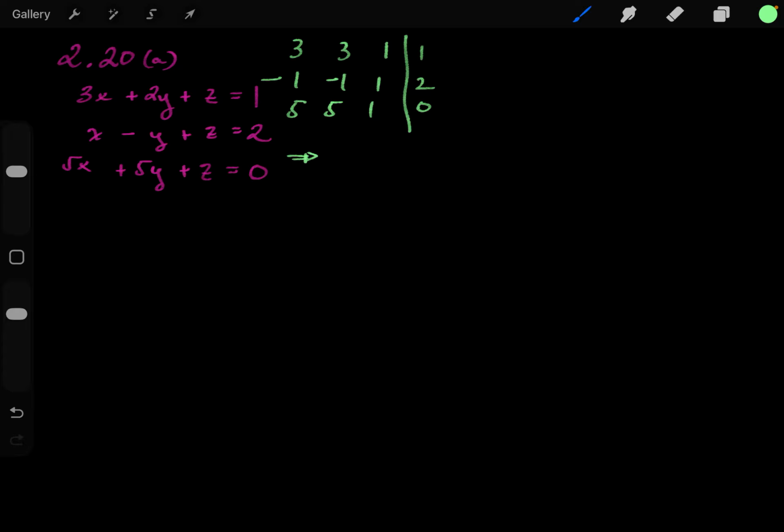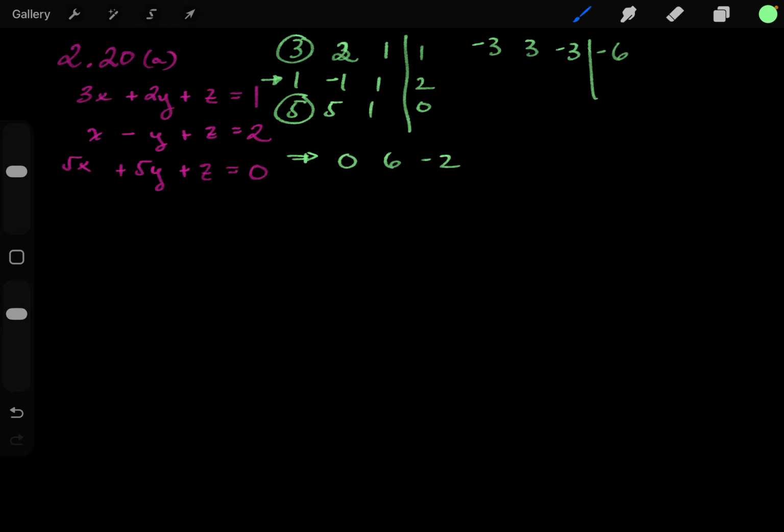And what I notice is that I'm going to use this middle row in order to eliminate the 3 in the first row, and I'm going to use the middle row to eliminate the 5 in the third row. So in order to do that, first I'm going to multiply the middle row by -3, and I get this here. And I'm going to add this to that top row, and I'm going to get 0, 6, -2, right? When I multiply by -3,